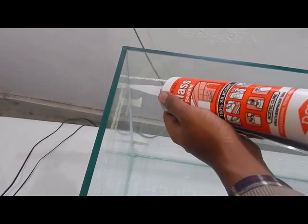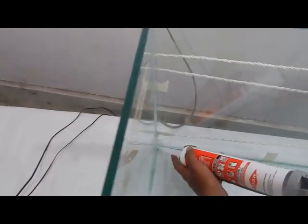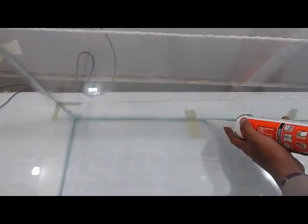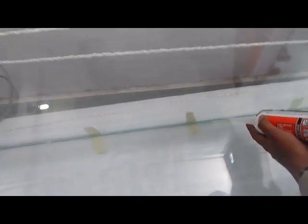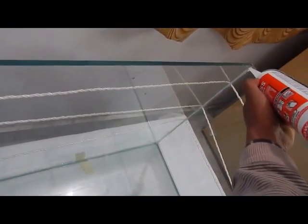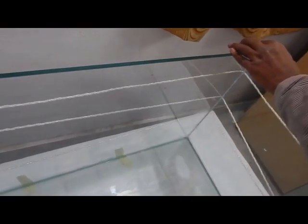Now, what we did previously was basically build the skeleton of our tank. This part is more important, especially for bigger aquariums such as this one. When we joined the glass panels together, that was just the skeleton of our tank that will hold the weight and give our tank the structure. What we are doing now is making our aquarium waterproof, and this bead of silicone is what will hold